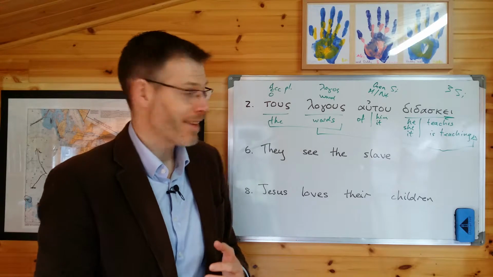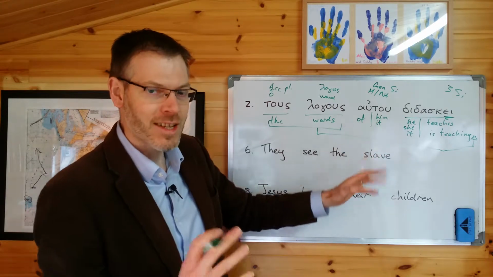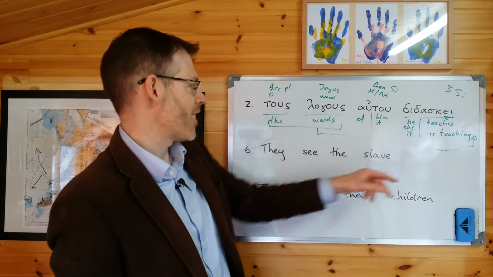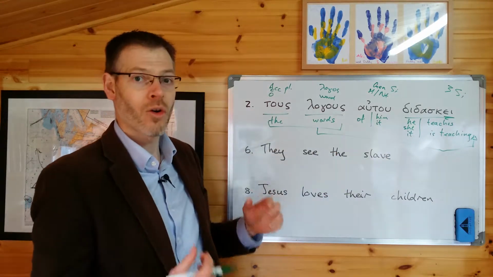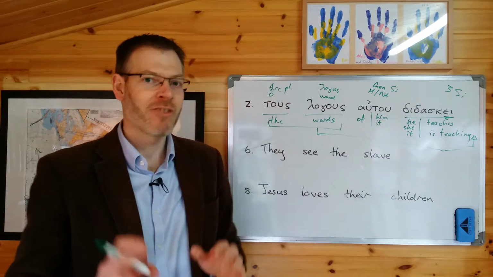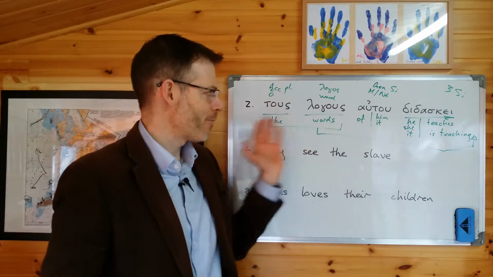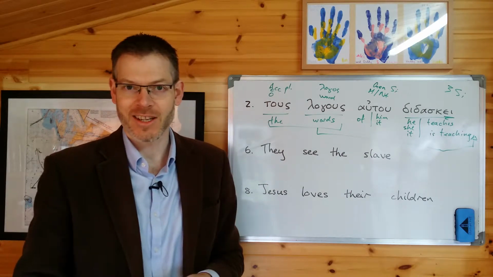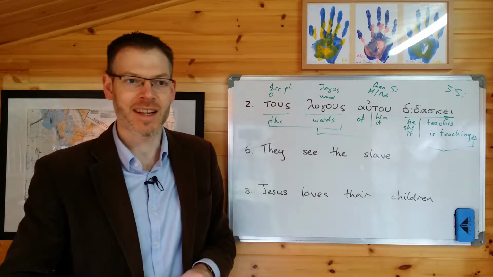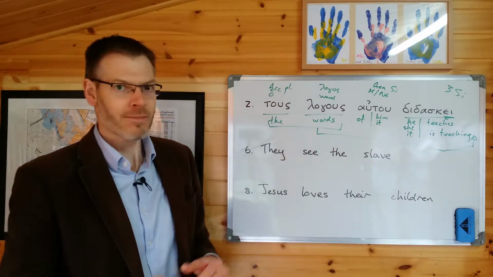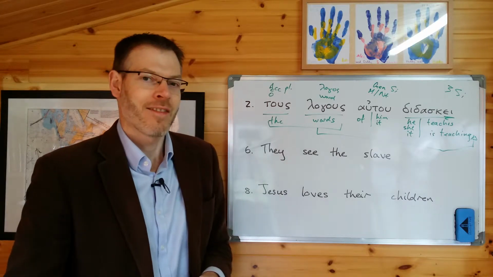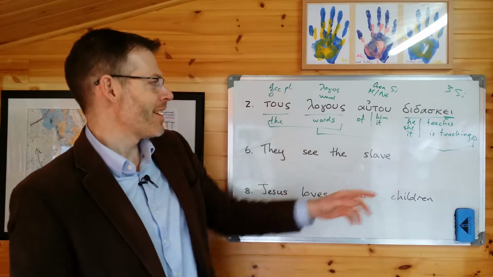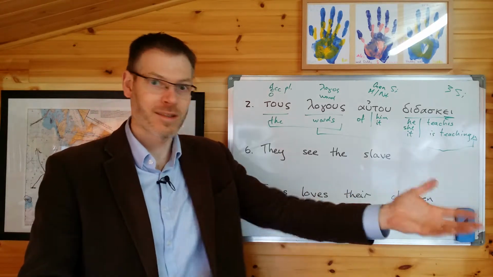So strictly speaking, the translation of the sentence as a whole could be he, she, or it teaches, or he, she, or it is teaching his words or its words. And there is no way of deciding simply from this sentence which of those is the correct translation. Only the context will tell you, and if this were coming from a wider context in which, let's say, a donkey was speaking, then you might find yourself saying that she or he or it is teaching its words, the donkey's words.